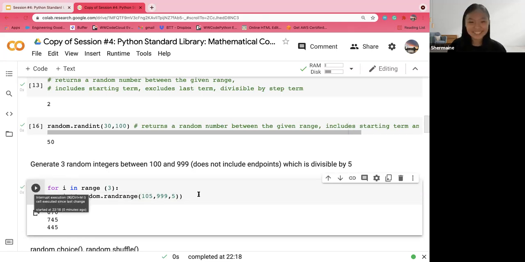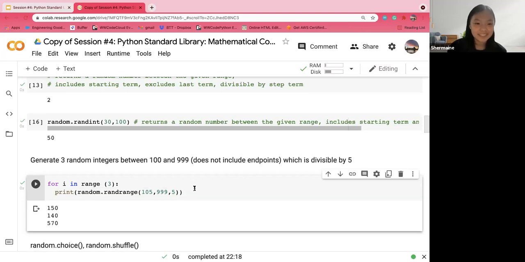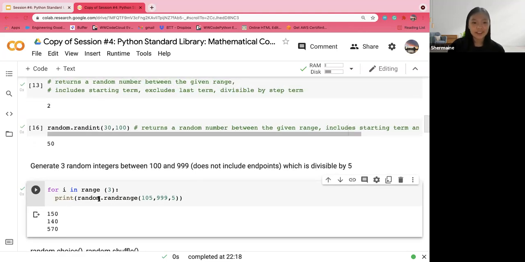Ta-da! Okay, now it works. So now it's all divisible by 5. Yay! Okay, so that is range, int, and